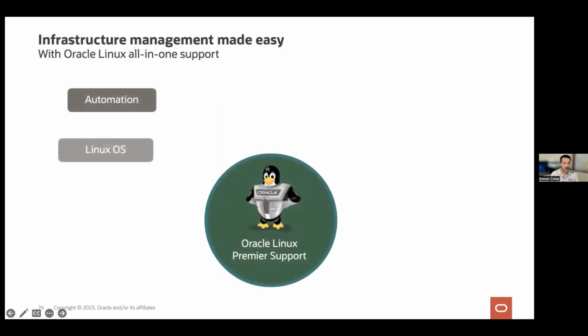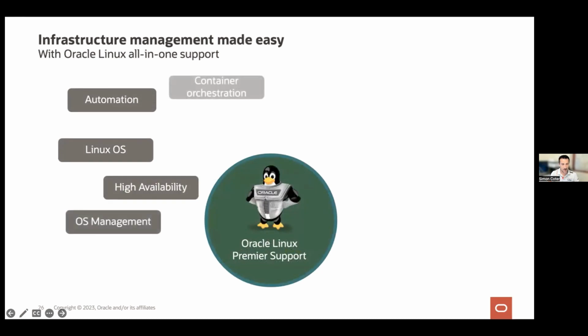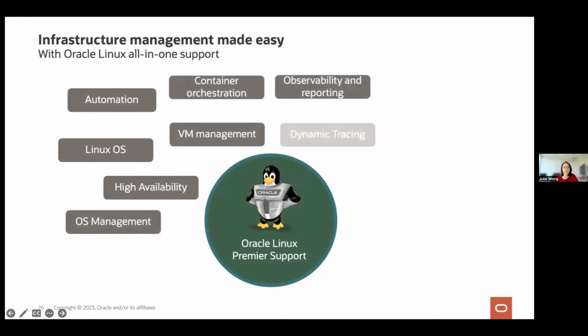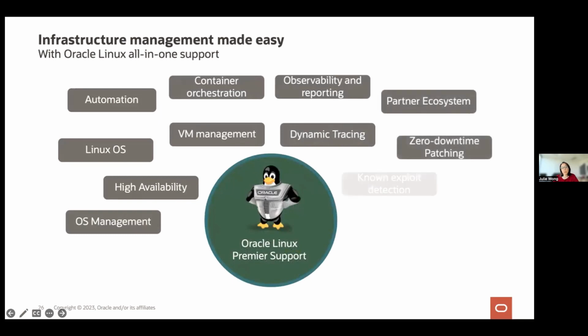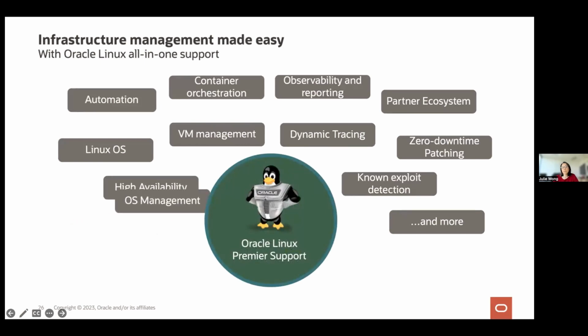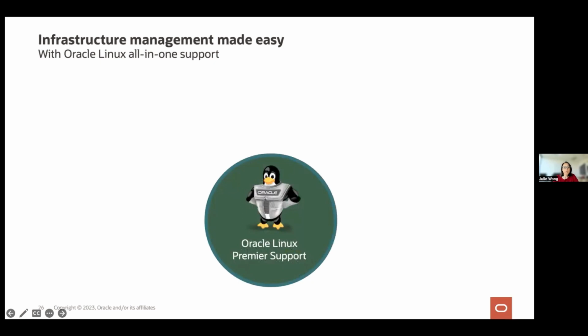Now, I think that Julie is also going to share an important thing. Yeah, thanks, Simon. So to summarize, the key takeaway is that Oracle Linux is more than the operating system. It includes Linux, but it also brings along live patching, management, high availability, and clustering tools. And it also includes virtualization, as you've seen with KVM and Virtualization Manager. It includes support for modern tools such as Kubernetes, Automation Manager, and much more. It's a single comprehensive offering that really covers you from the bare metal all the way up to modern container